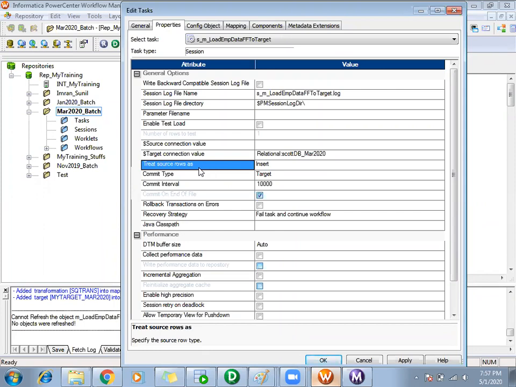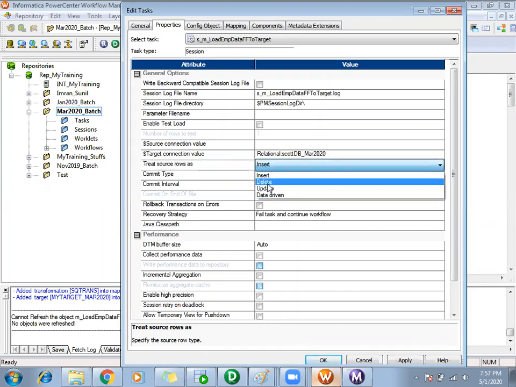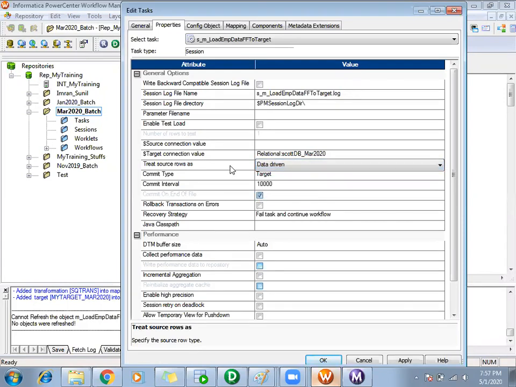Then I can't do it just with treat source rows as insert or delete or update. If I say insert, everything will go for insert. If I say delete, everything will go for delete. If I say update, everything will go for update. I can't divide the incoming records to say the first set should go for insert, the second set should go for delete, and the third set should go for update. That I can't do here. That can be achieved using the update strategy transformation. Then I will set this treat source rows as data driven. So we'll see that now.